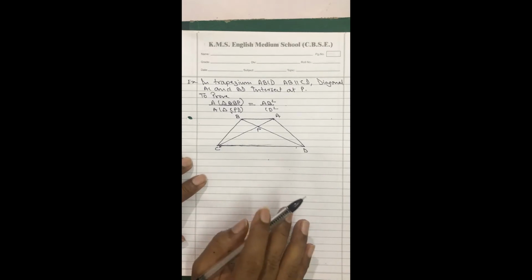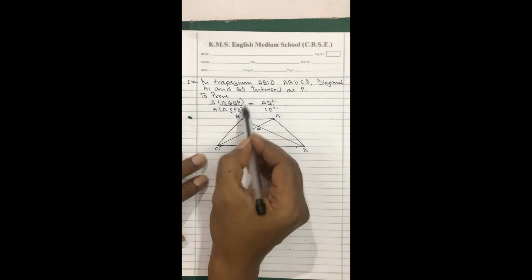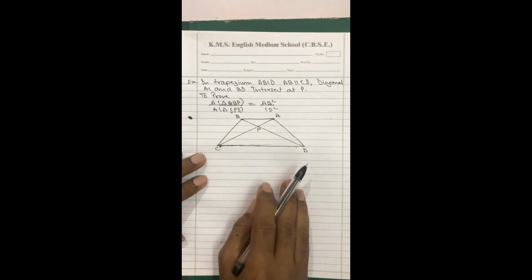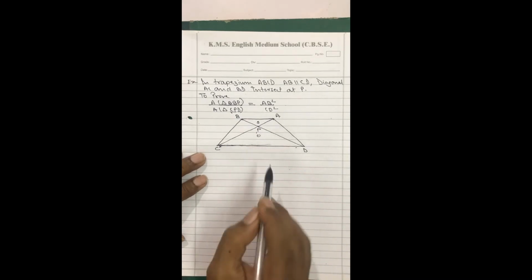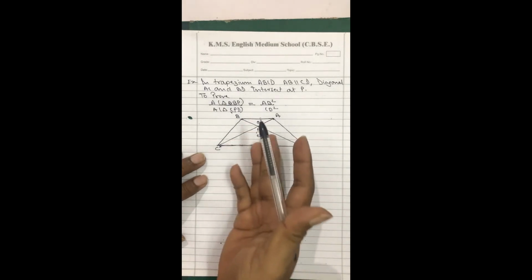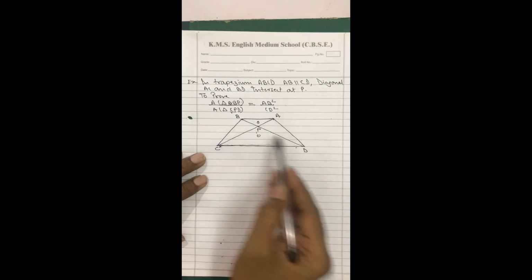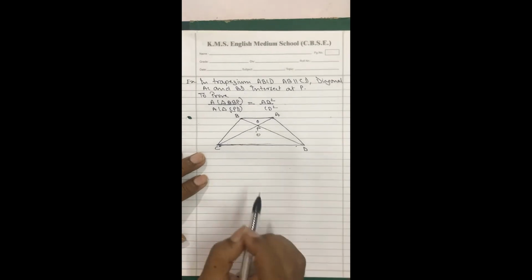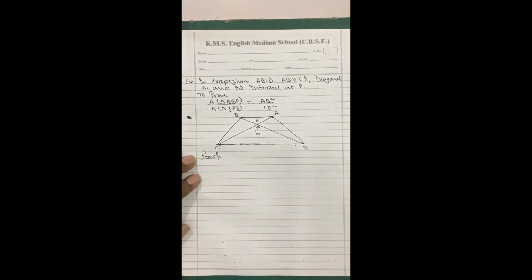But basically we cannot directly write ratio of areas of similar triangles. Why? Because it is not given anywhere that the triangles are similar. So first we will have to prove these two triangles are similar. Only then, by application of ratio of areas of similar triangles, can we directly get area of triangle ABP upon area of triangle CDP is equal to AB square upon CD square. It's very simple for you to understand. I think you must have got it by now. If you have really done your exercises before this, then this is a very easy sum for you all.